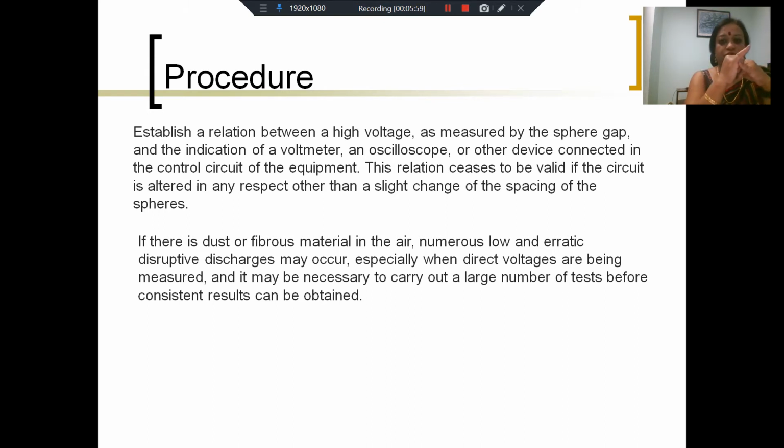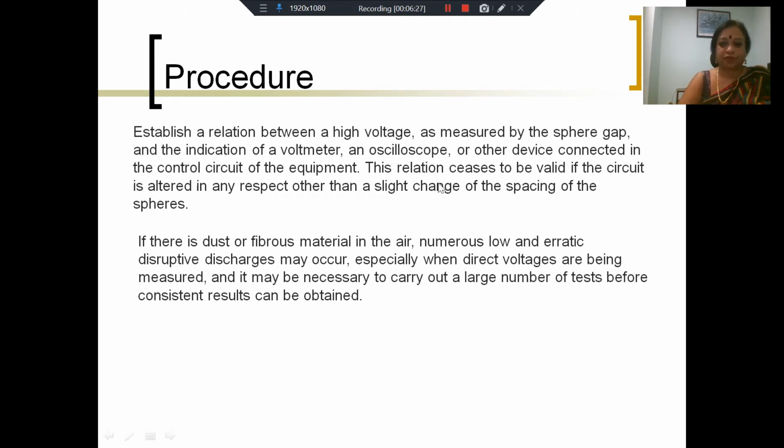At this voltage, there has to be a relation between the high voltage as it is measured by the sphere gap and what is indicated either by a voltmeter or an oscilloscope or some other device which is connected in the control circuit of the equipment. So there has to be a control circuit or a measuring circuit which takes inputs from the applied voltage at which breakdown occurs and